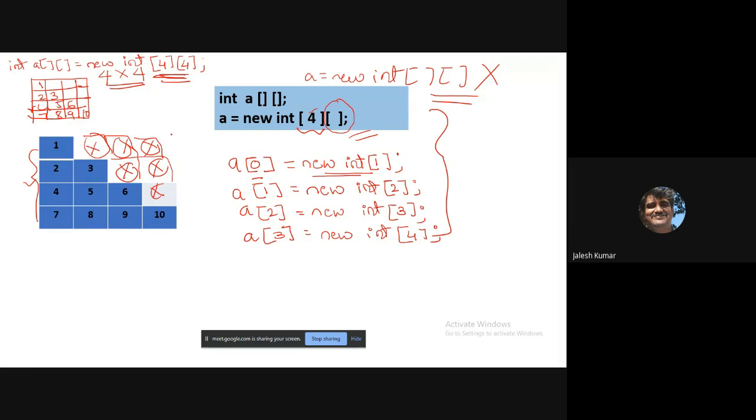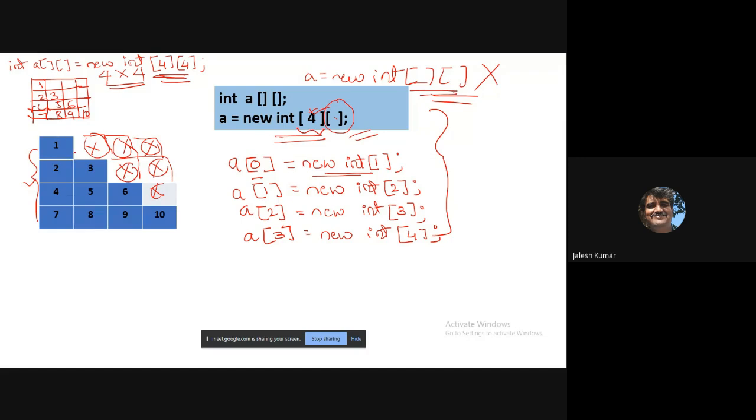See, once again I'll repeat. Normally when you are declaring an array, you will mention rows and columns. When you mention rows and columns, it will allocate the complete cell. But my requirement is something different. I don't want to use each cell, and according to my particular value, I wanted to utilize that: first row one element, second row two elements, like that. Then what I have to do? You have to declare your array like this. This is not at all allowed. You have to make the row fixed and the column empty, because the column will change.